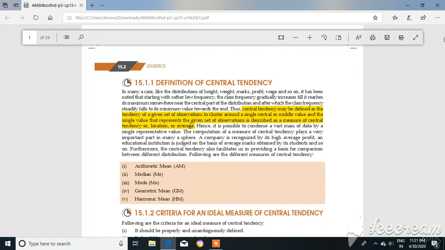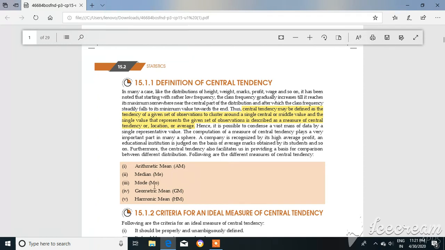For example, suppose I have marks of a student. Those marks of a students, I say those are centralized, or the average marks are 60%. So what it means? It means the measure of your data is near about that 60. Why? Because we are considering that centralized value by using our given data. Okay, so this is a real life problem where this measure of central tendency is a single representative which tells about your data.